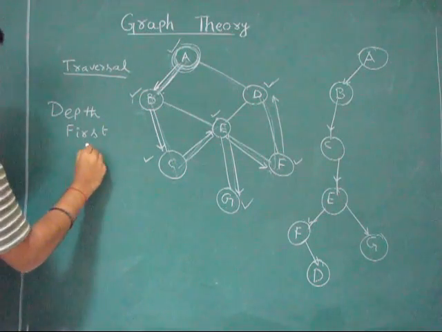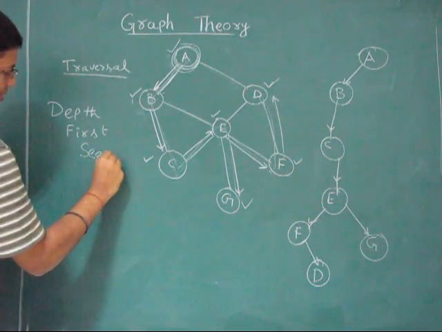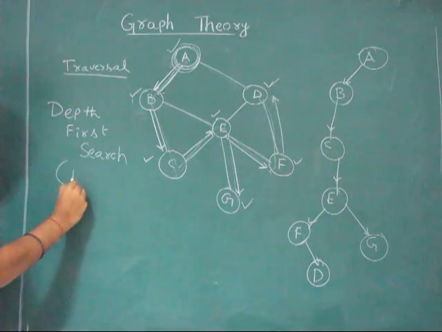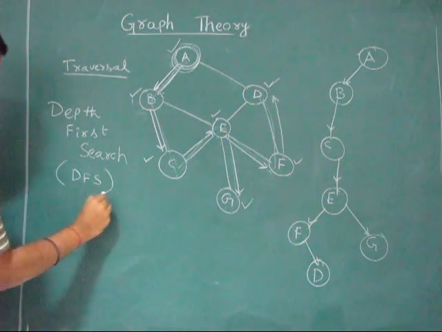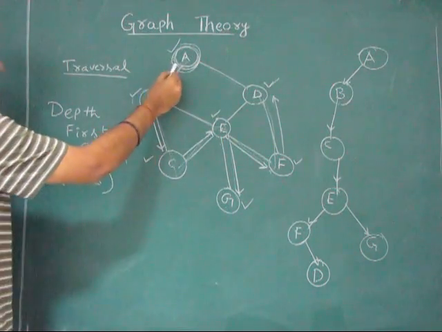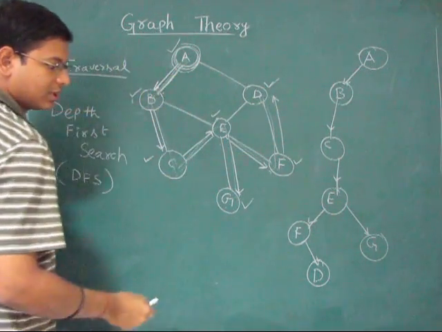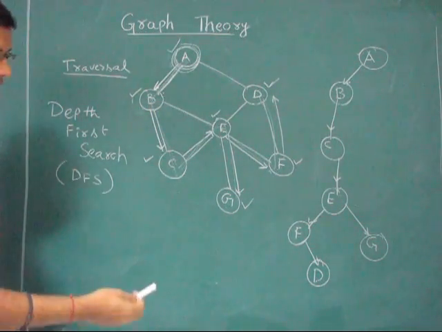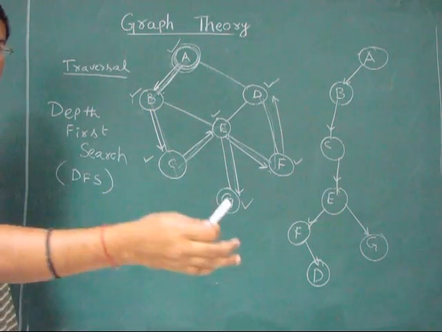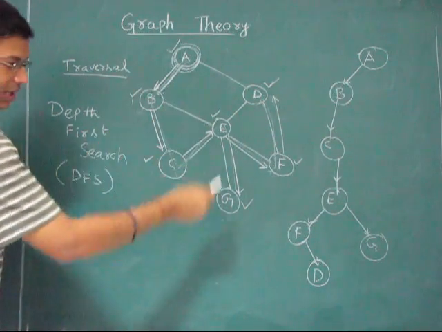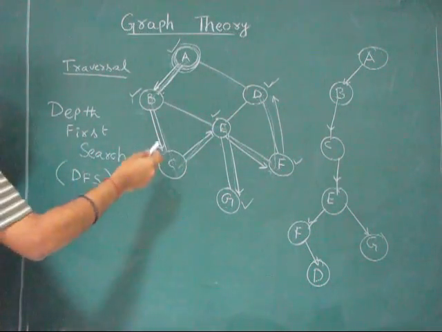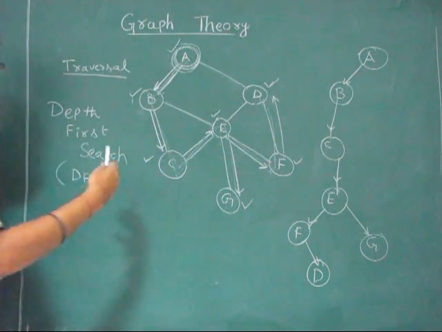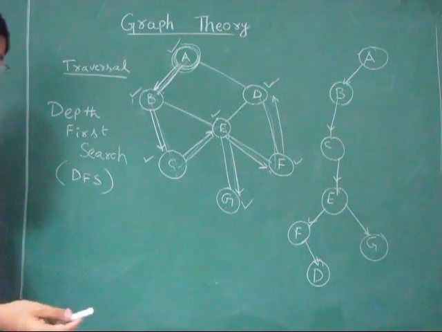Or we can even call it a search, since we are just searching for the vertices present in the graph. This is popularly known as DFS. Starting from a vertex, go just as far as possible and reach all the vertices. If there are no unvisited neighbors, just trace back and go as far as possible. We only care about increasing the depth, and we don't care about visiting the nodes which are near first and the vertices which are further later.